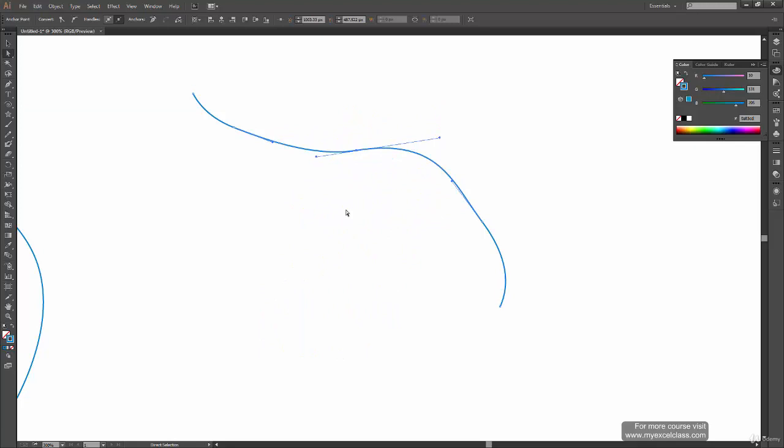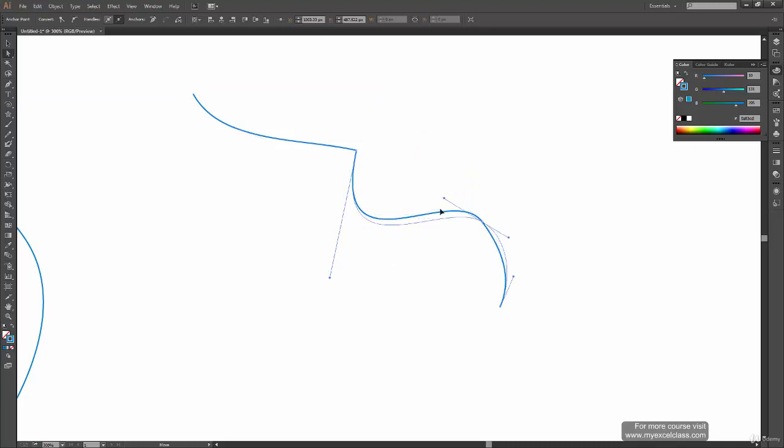So what if I only want to move a single control handle and leave the other control handle at its place? Before moving the control handle, I can press the Alt key, and you can see my cursor has this plus icon beside it. So now when I move the control handle, only one of them is moving and the other one is fixed at its position.